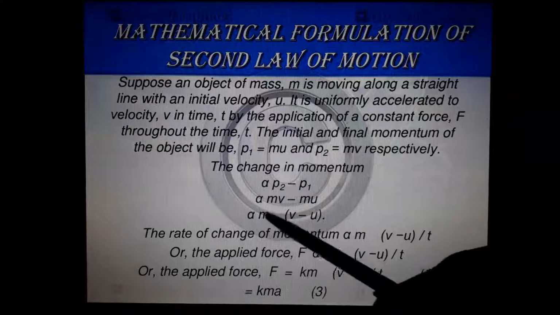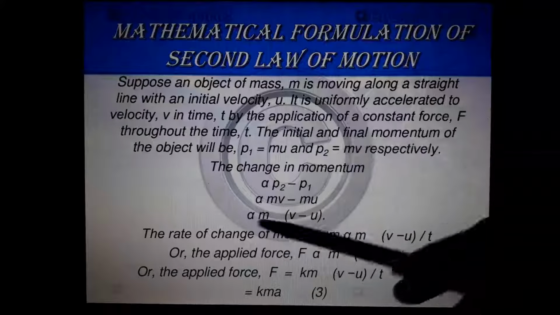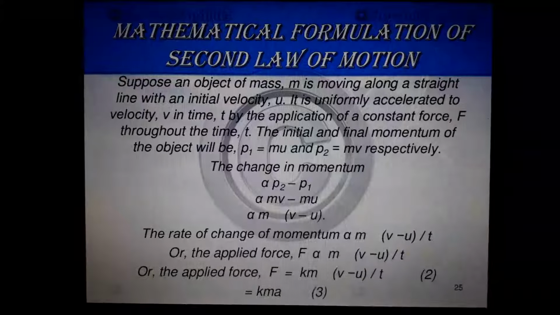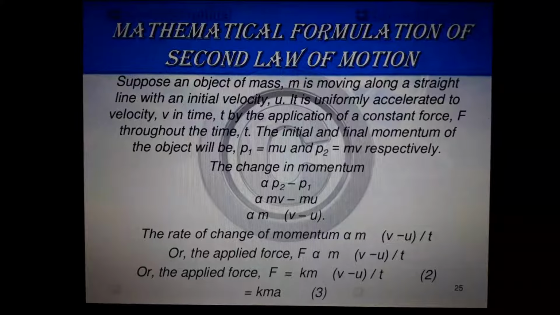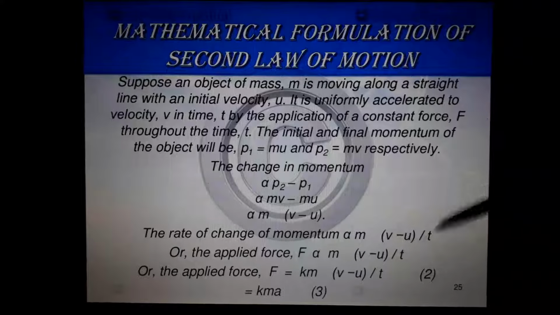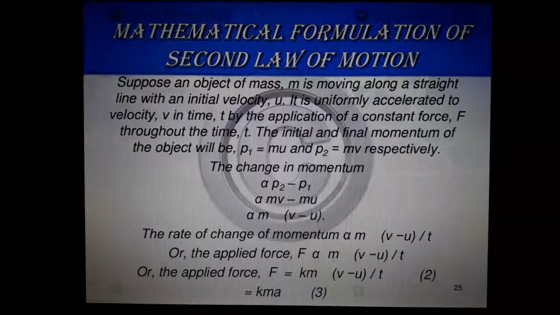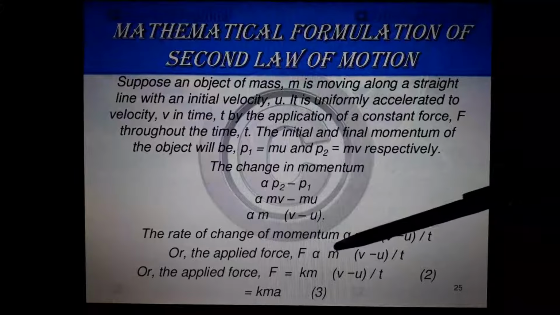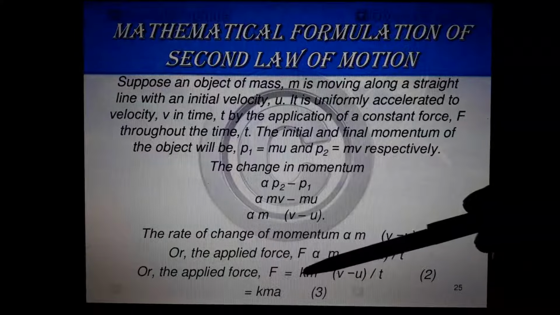However much the velocity increases, mass will be the same, so we can take it as common. So F is proportional to m into (v minus u) by t. We already know (v minus u) by t is acceleration, a. So F is